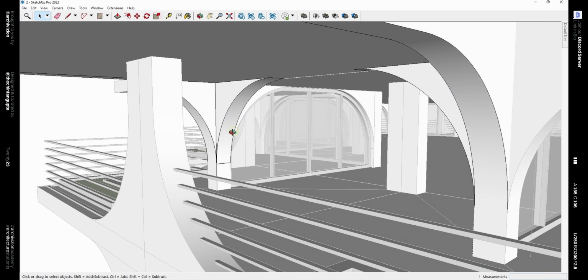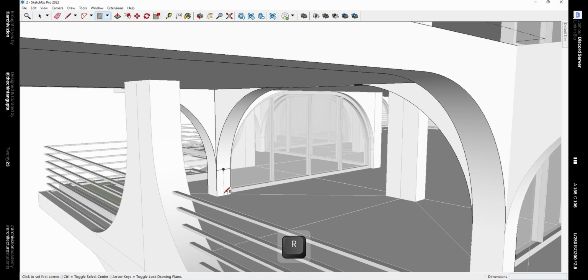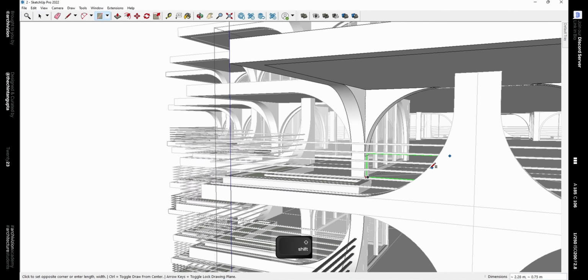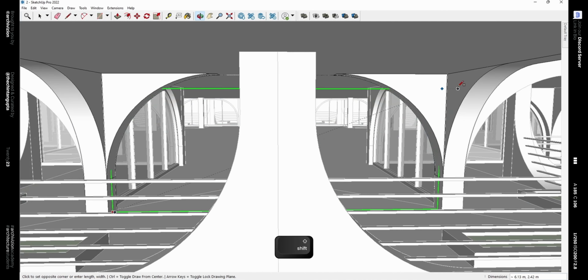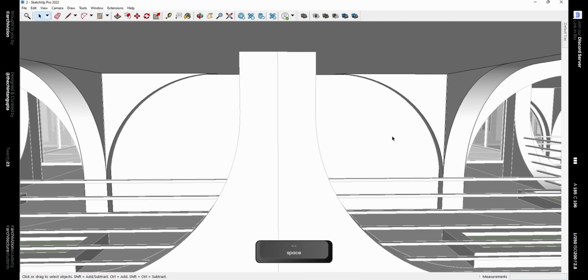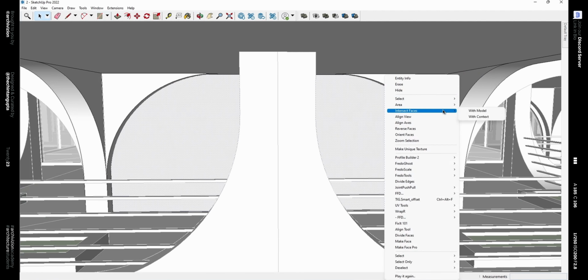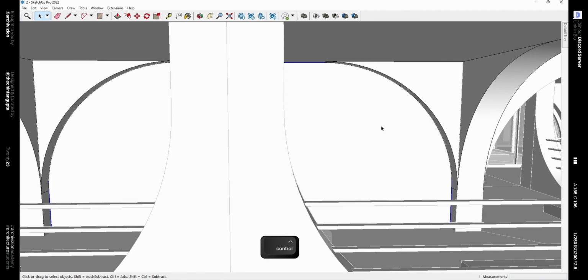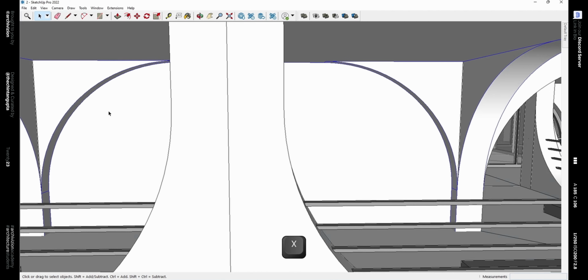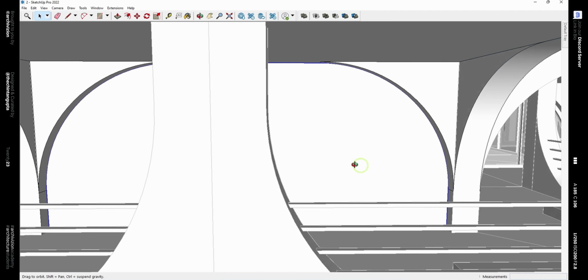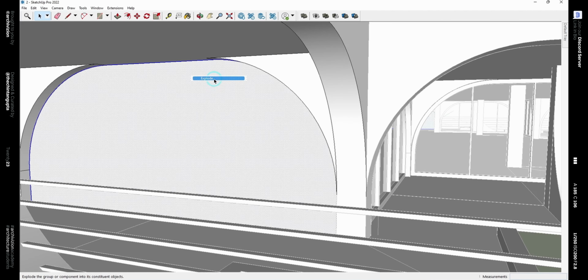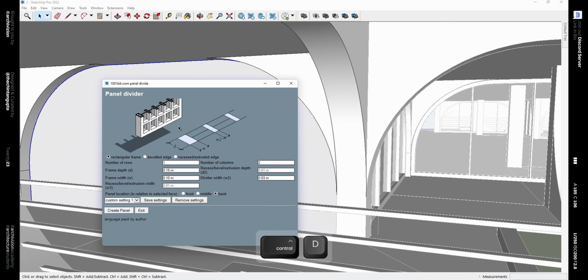Now we'll try making the rectangle once again. So we influence this point and we change the axis to green. Now we can make a rectangle in the green axis. So select this face and make this a group after intersecting it with the model, and then delete the remaining parts. You can use the X key as a shortcut to toggle X-ray. Now explode this group and then press Ctrl plus D to make this a window.